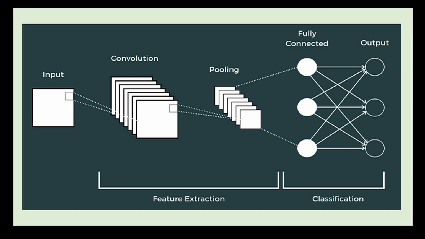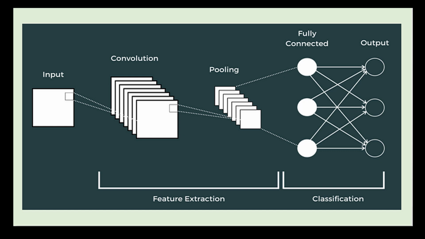After convolution comes pooling, where the CNN performs a process called pooling, and pooling reduces the spatial dimensions of the image while preserving important features. For example, the CNN might keep the highest activation or the most important features from each section of the image. Then come fully connected layers, where the image is transformed into the set of features that the CNN can use